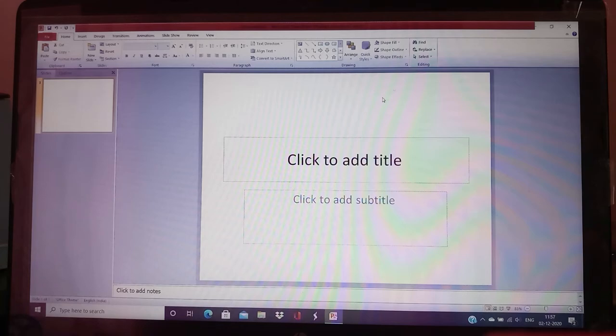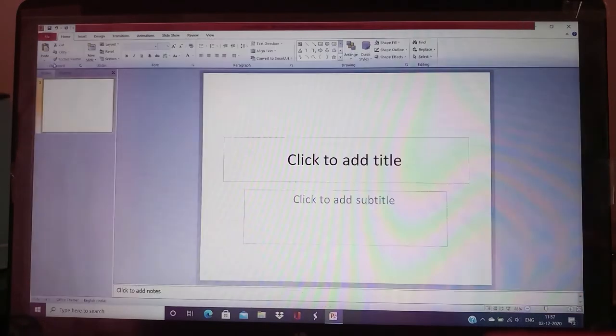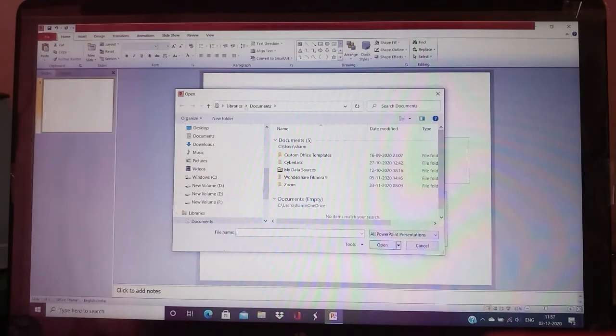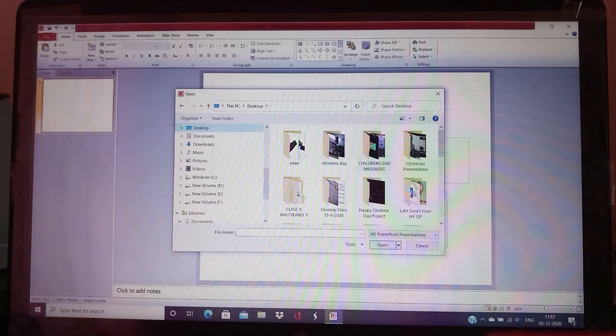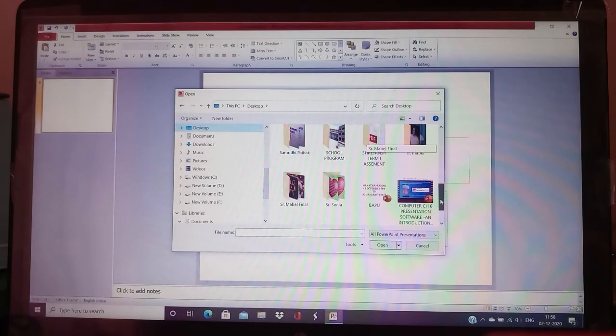Now we want to open our saved file. So we go to the File tab. We'll click on the Open button. As you click on the Open button, it will display an Open dialog box. In that dialog box, we know that we have stored our file on the desktop. So we'll go to the desktop option. Here we'll see our file which we have saved.